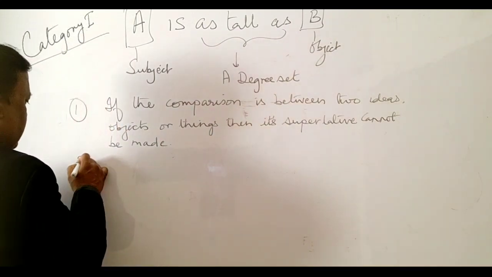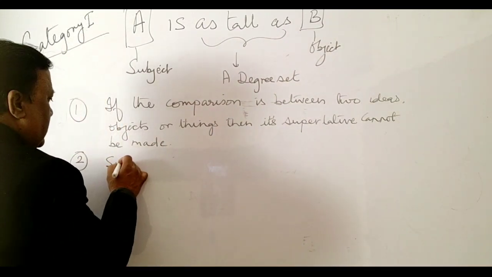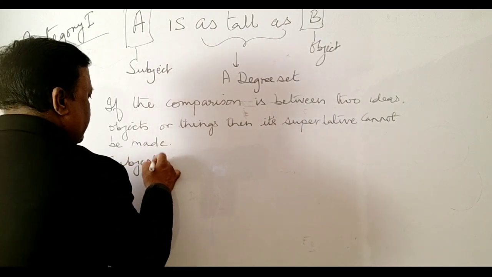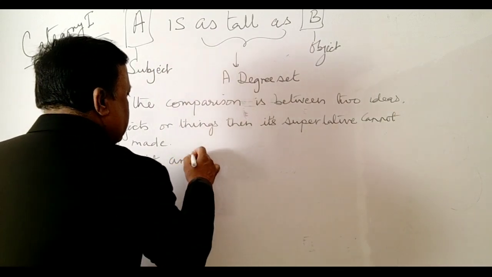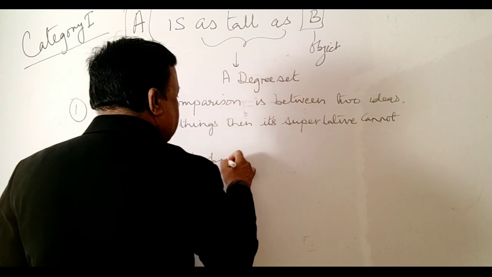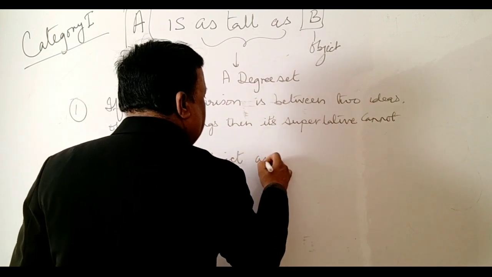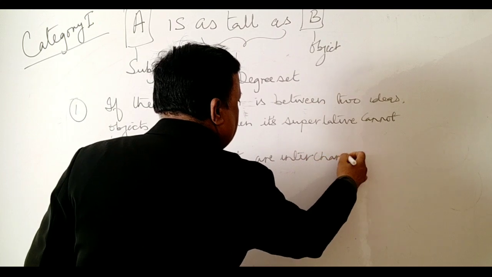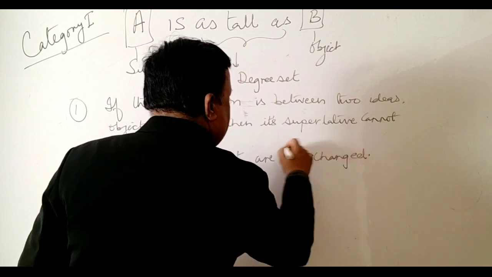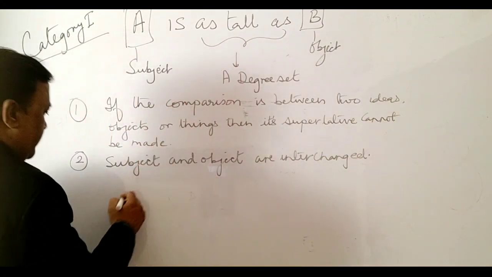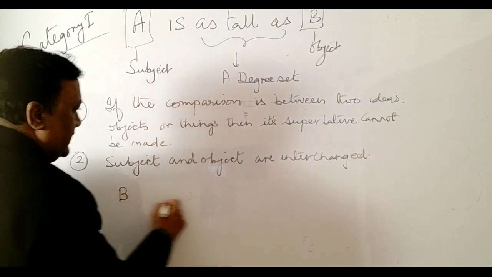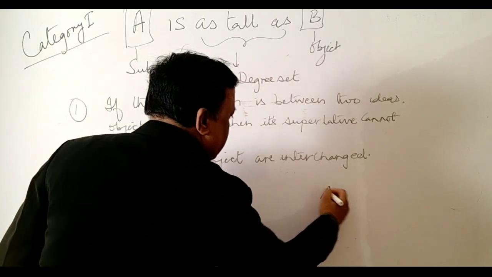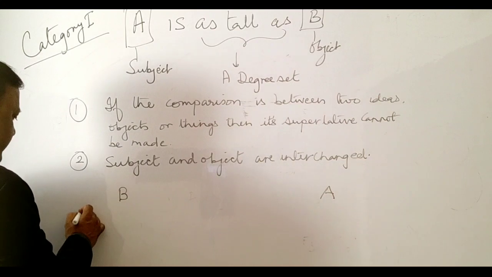Rule 2 says subject and object are interchanged. That is, B comes here and A comes here. Rule 3